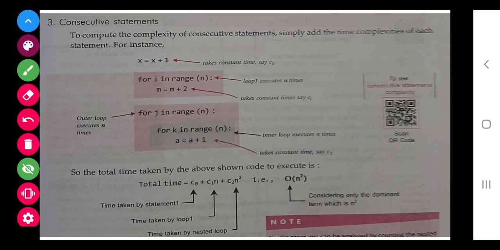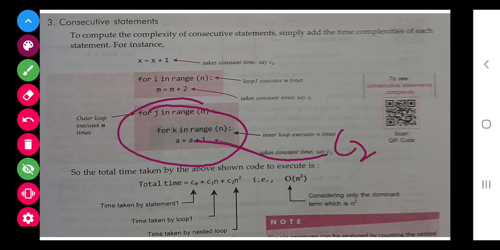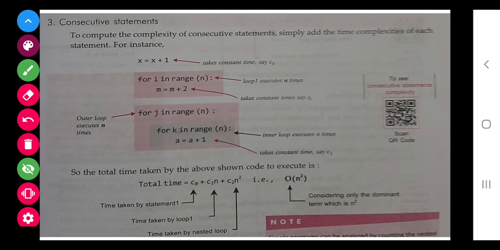And another is the double for loop, which we have already done. Let the time taken by this be C2, and this loop runs n times and that one runs n times. So overall it is C0 plus C1n plus C2n square. Finally, n square is the highest term, so we will take n square. So this is also big O(n square).